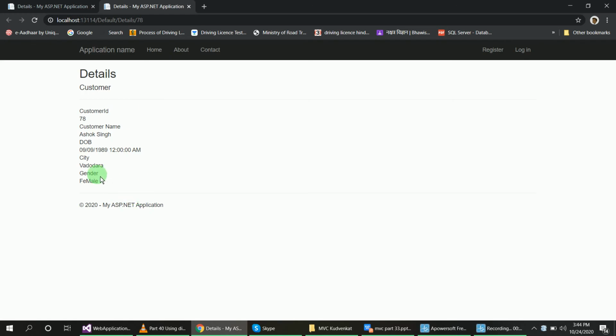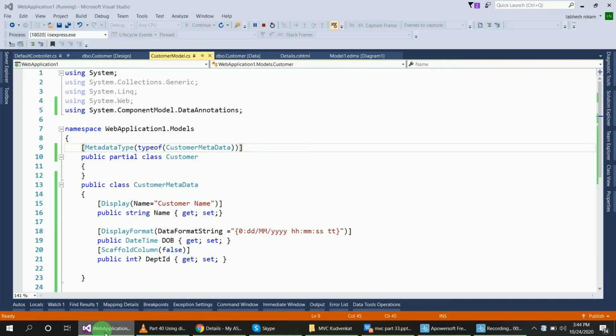Okay, you can see here department ID is now invisible. Okay, you cannot see here department ID. Why? Because I have added here scaffold column false, so department ID is not shown.